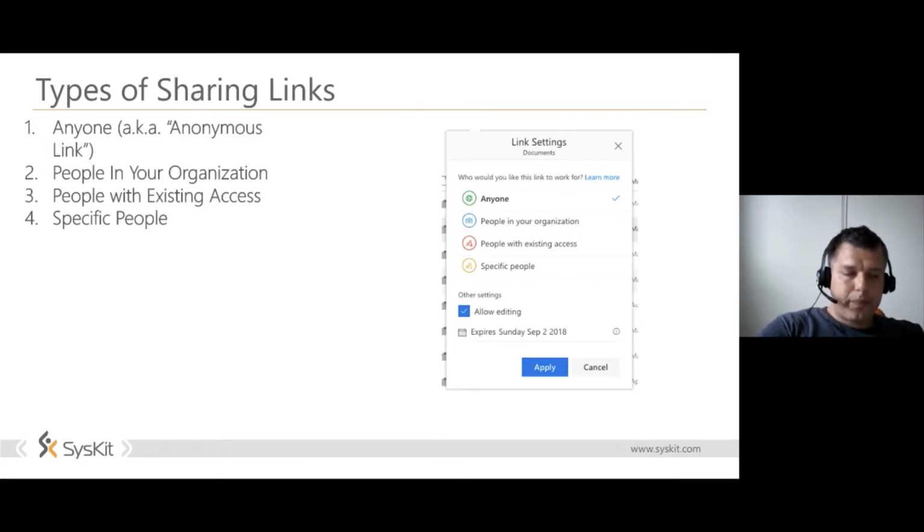Basically, if you don't mind them being able to forward it on, or don't want them to go through the authentication process, then you will create an anonymous link. However, if you need them to authenticate and verify their identity, you should use specific people to create guest user access. Okay,